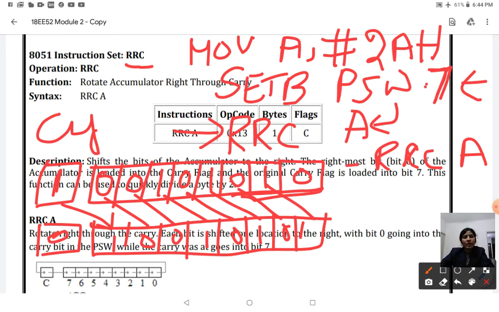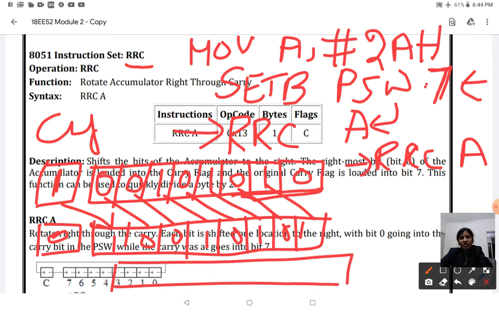So when you execute this instruction, the content of the accumulator is going to change. What will be the content of the accumulator? This 0 will enter in this position: 0, 1, 0, 0, 1, 0, 1, 0. Again this 1 will carry forward to the carry flag.